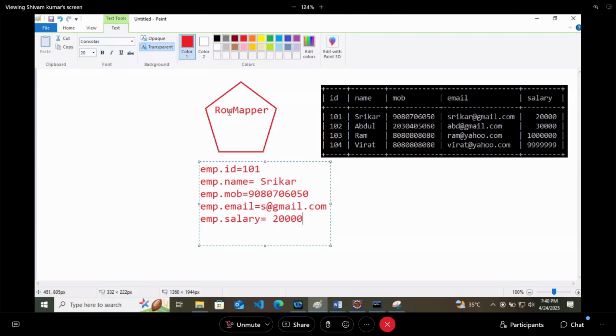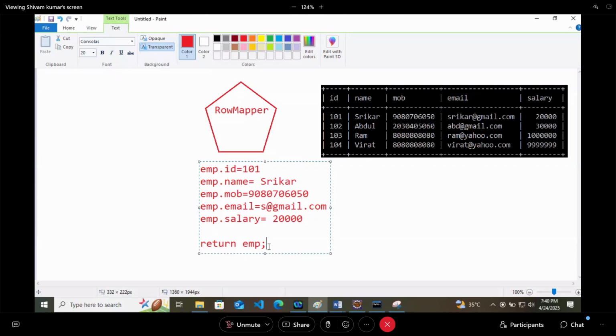Now this RowMapper is trying to convert this row of SQL into code that is looking like Java. And then at last it will return emp.